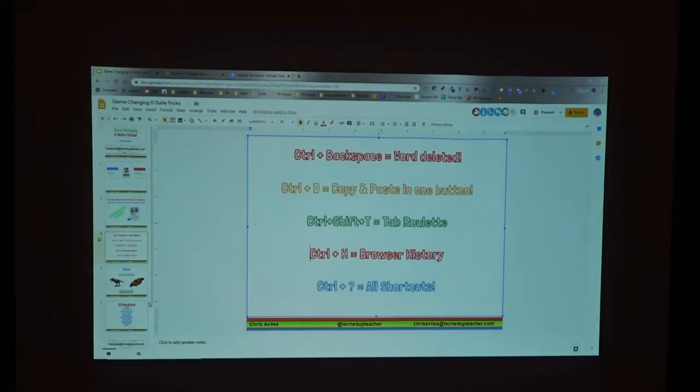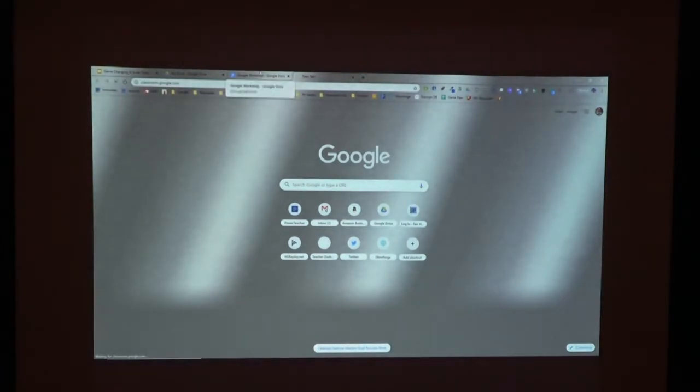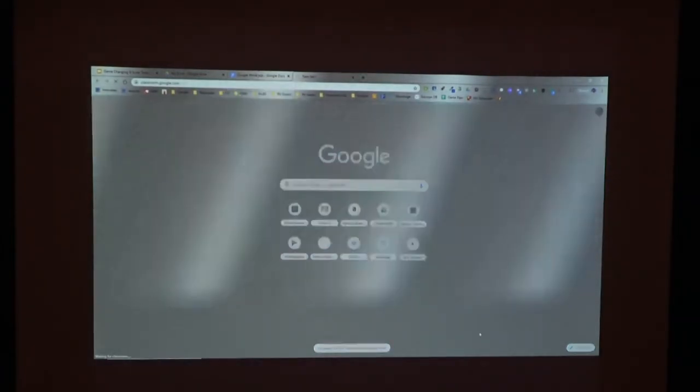One of the big things you want to move to as well when you get your one-to-one device is going to be Google Classroom. And Google Classroom, for a lot of reasons, is excellent, right? The main purpose of Google Classroom being that you hand out work, collect work, grade work, and give work back all online, right? That's the true purpose of Google Classroom. But there's some neat things that, as an educator, you want to be aware of. Again, some things that are going to save you time and energy. So if I head to my Google Classroom, one of the things that I want to show you